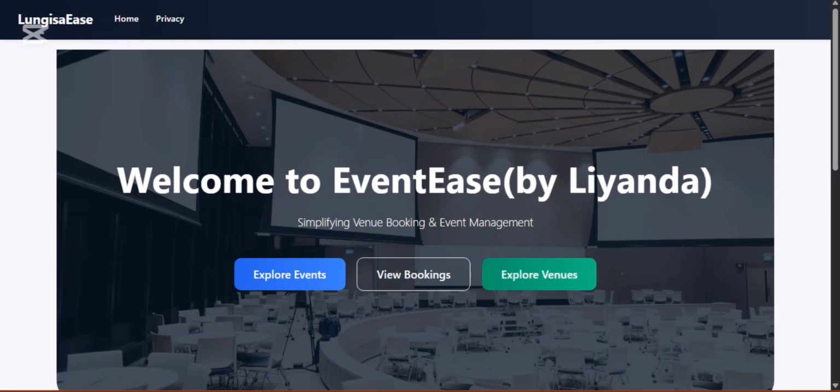The challenges that I faced while creating this project were booking overlap logic, advanced filtering, and maintaining system stability while adding new features. To solve these challenges, I used LINQ queries, Entity Framework relationships, and tested the application continuously after each update. And lastly, in conclusion, the Lungisa Ease application successfully demonstrates CRUD operations, advanced filtering, venue availability logic,